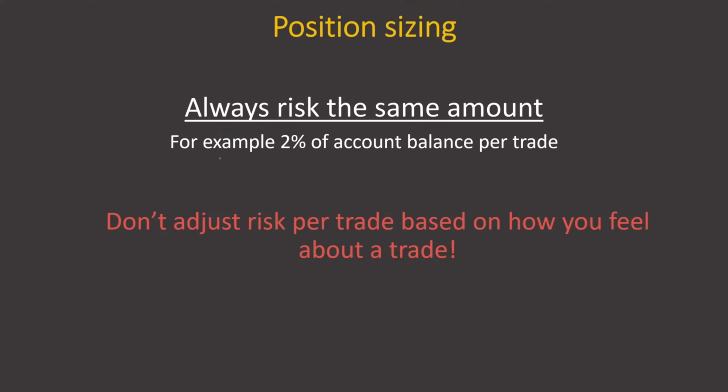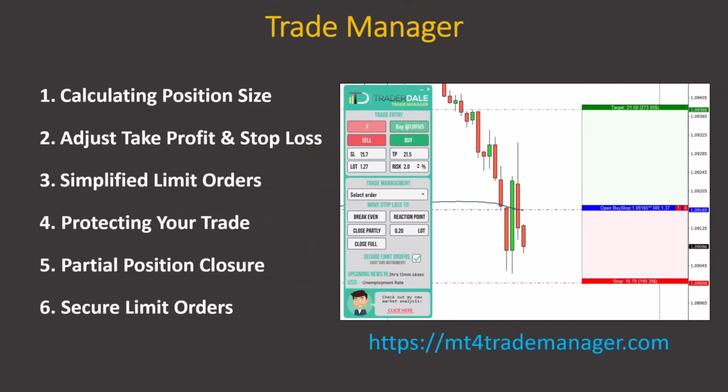So I recommend risking, for example, 2% of account balance per trade and keep it at that. Don't change it based on how you feel, right? So don't adjust risk per trade based on how you feel about a trade. Now, since calculating how much to risk for each separate trade can be a hassle, especially when take profit and